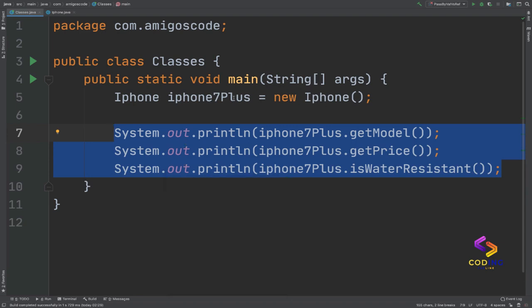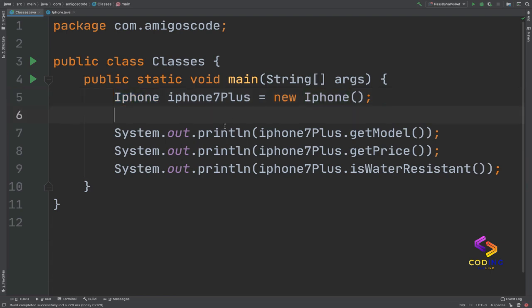And now, so you see that this iPhone class was the actual template, and now we have the actual object, so the actual thing, right? So if you want to create another phone, you can simply reuse the exact same class, right? The exact same template for building another phone, right? So what I want to show you here is the following. So if I run this,